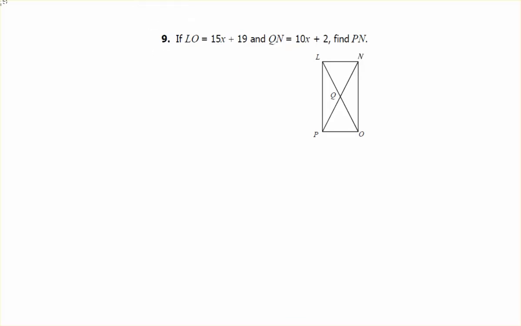So now let's look at 9. For 9, I'm going to first highlight what they give us. So they give us LO. I want it in a color. Okay. They give us LO. And they also give us